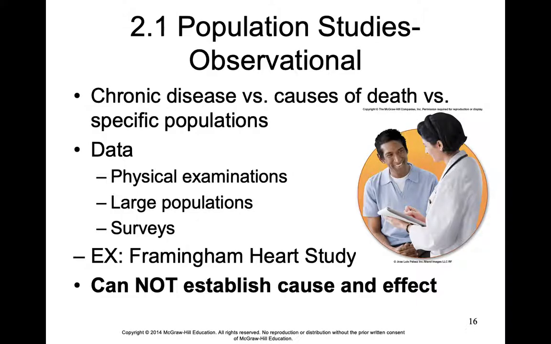The way that we would have to determine whether consuming extra salt does actually cause, so determine a cause and effect relationship between two variables, would be to give a population of people a lot of extra salt and measure their blood pressure compared to a population who did not receive a bunch of extra salt. As you might imagine, since we are pretty well certain that a high sodium diet leads to high blood pressure, that's not something that any ethical review board is going to be okay with,